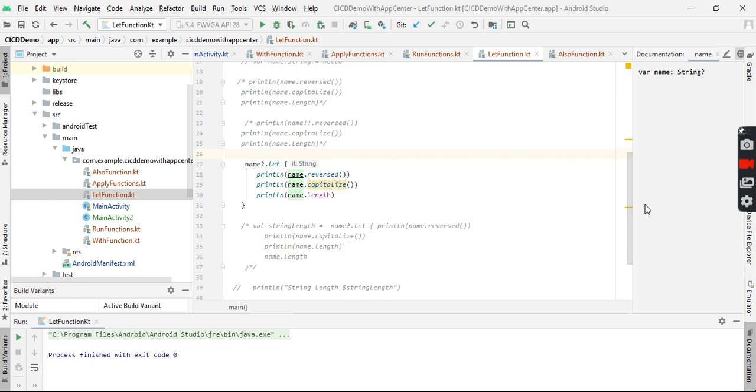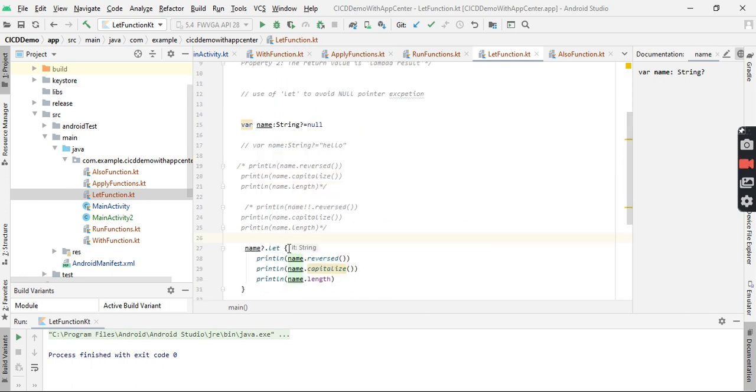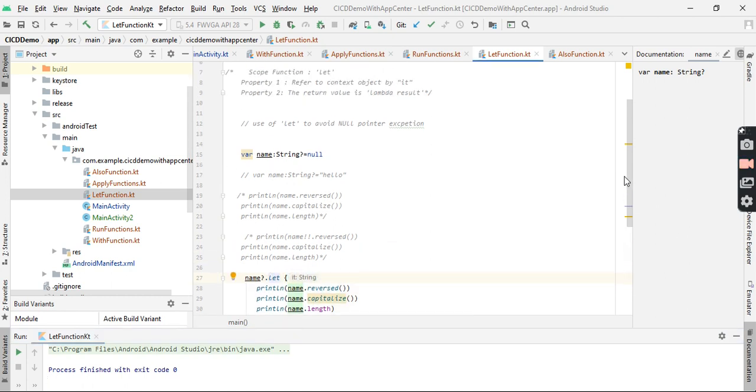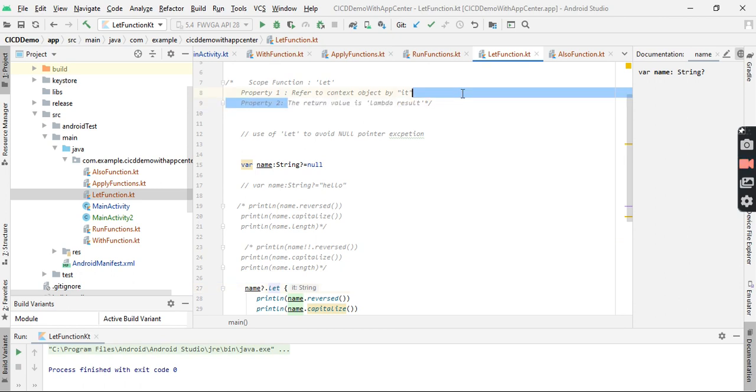So the other point is that the context object is referred to by it, as id indicating that it is referring here, and the return value is the lambda result.